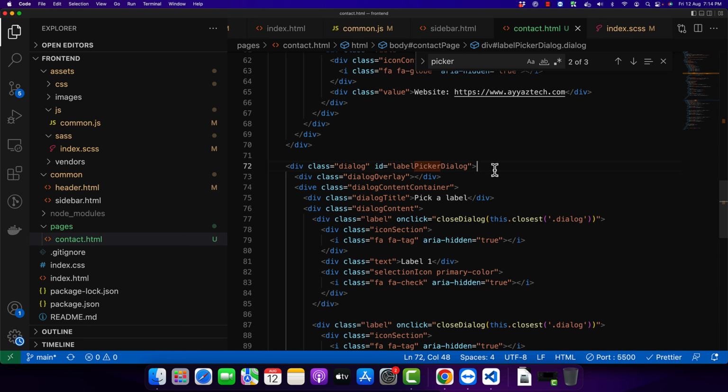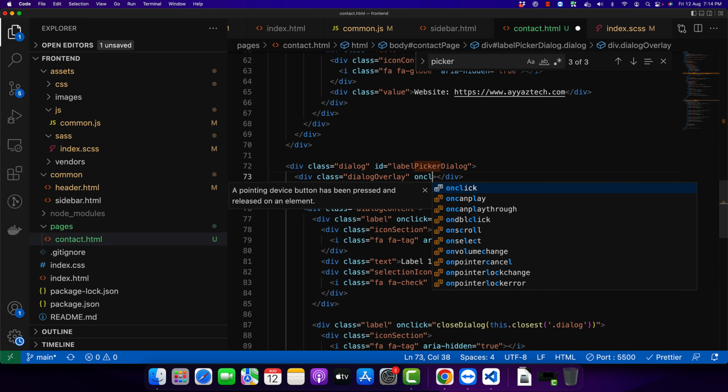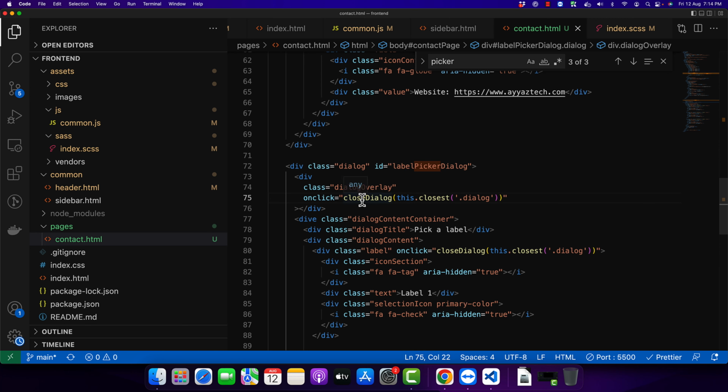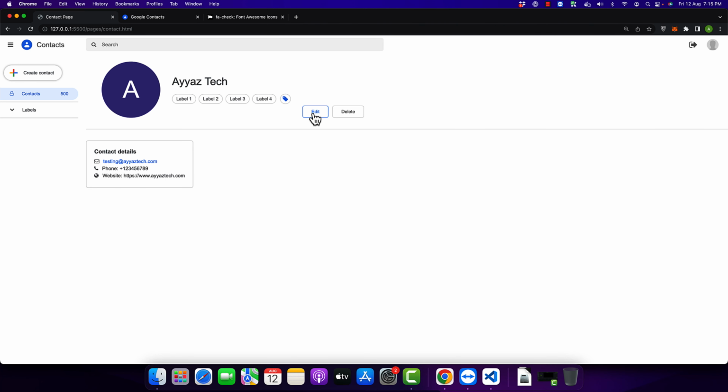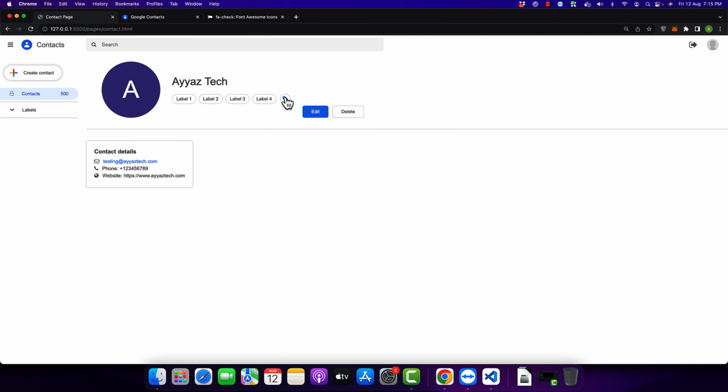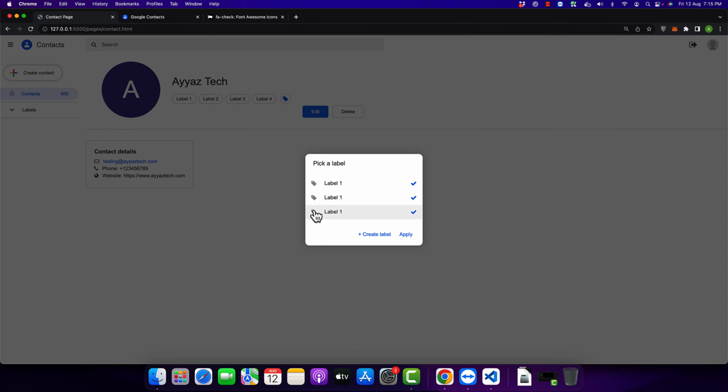So for that, you can add the click event. You can just copy paste this line there. If user clicks on the dialog overlay, then it would just call the close dialog function and it would close it. Okay. So I can click on the overlay and it is hiding, but if you click on here, it will